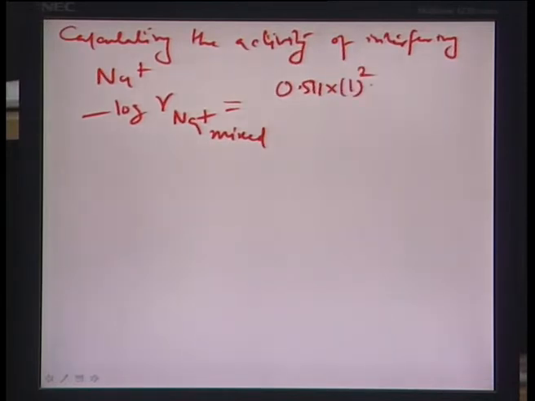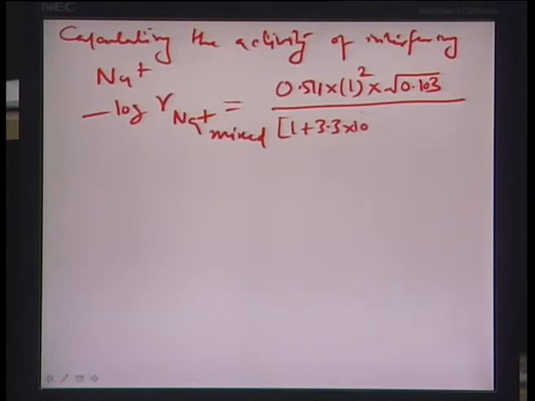Z in this case is plus 1 because Na is a univalent ion, so plus 1 square times root of the mu, which does not get altered, the mean ionic strength remains the same in the mixed solution, 0.103 under the root, and this is divided by 1 plus 3.3 × 10^7, which is the B parameter, times the ion size parameter of Na, which is about 400 picometers from the table as we had done before. So, this is 4 × 10^-8 centimeters, again the CGS units have to be used, root of 0.103,